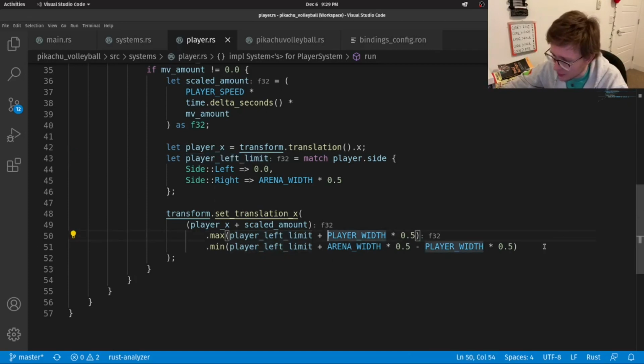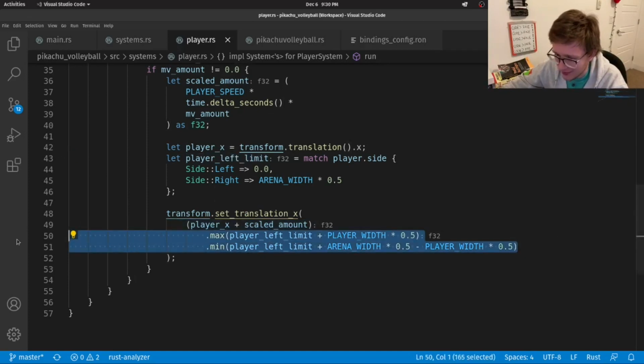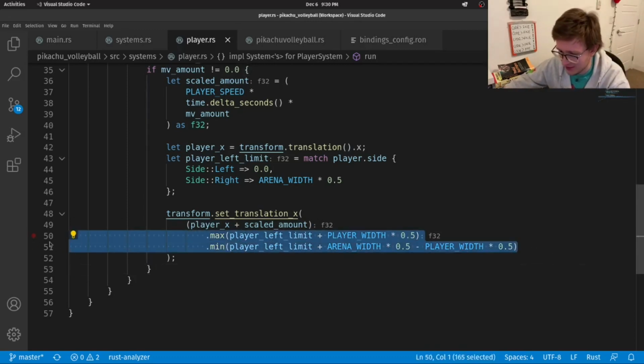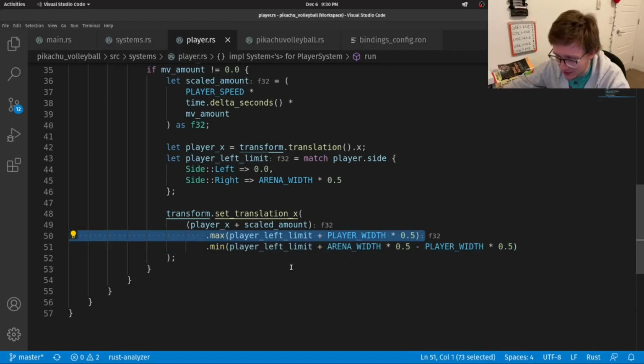Now we're doing some clever math, I guess, to set our boundaries. Because if we didn't have this, and we just set the translation amount by player X and scaled amount, we could move off screen, right? And we don't want that. So what this does is you take the max with the min, and you take the min with the max. What am I saying?